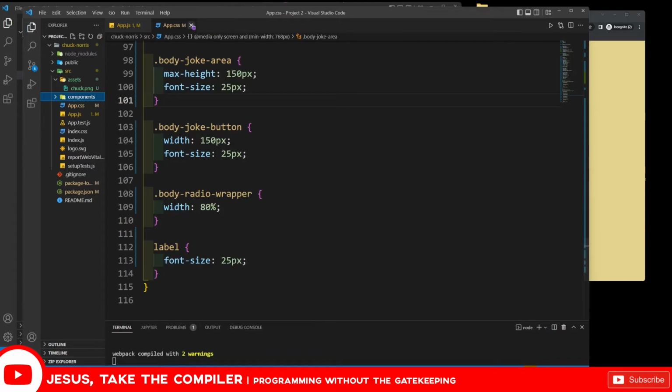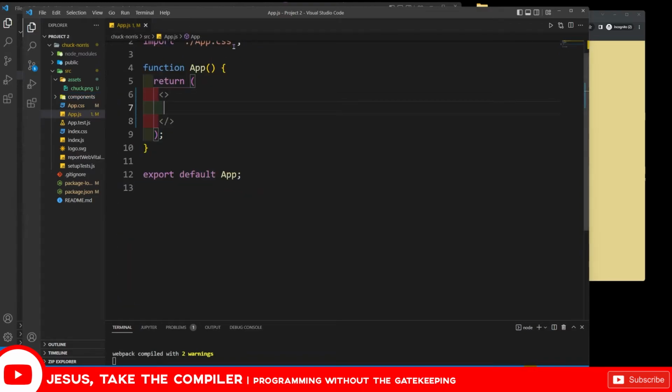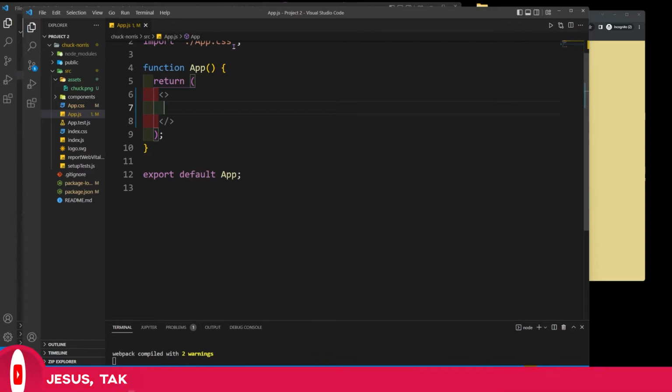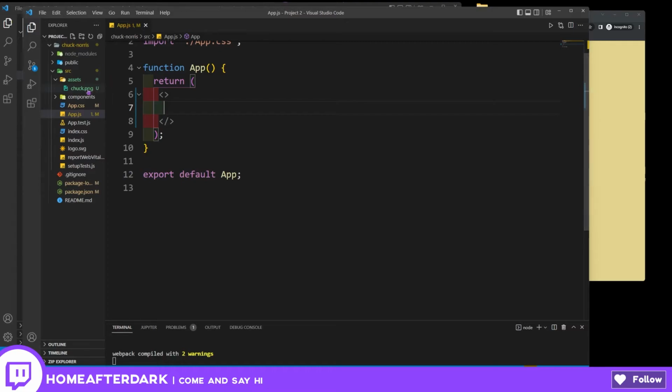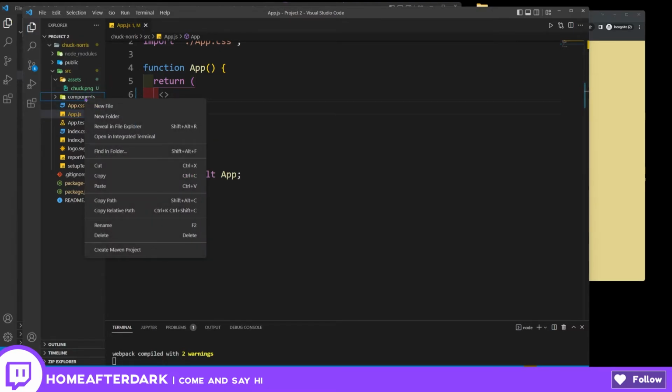And this is going to house our different ideas for our project. So before we had the header, that was a very distinct area. And maybe we could split up the categories from the joke area itself. But what I'm going to do is just combine the whole body in one file, because I think it's okay, you could do that. And then I'm going to keep the header separate, just so it's not, I don't know, it's just how I